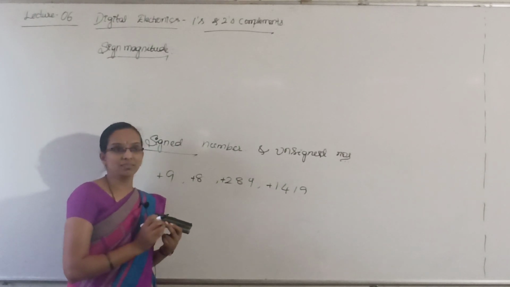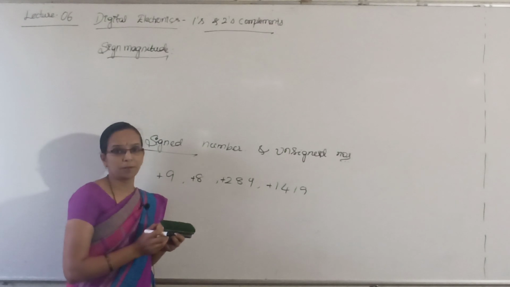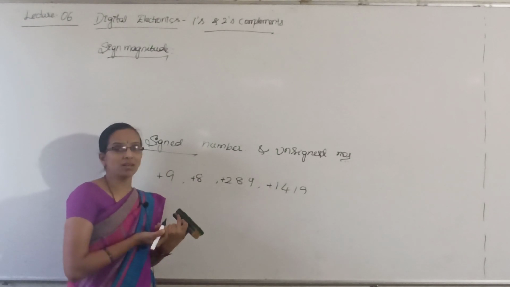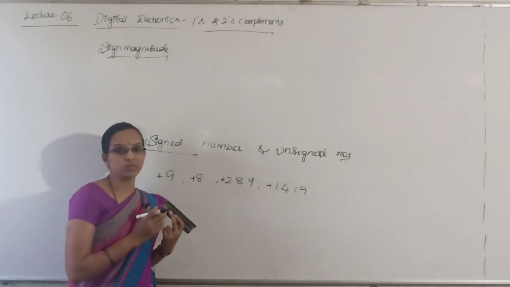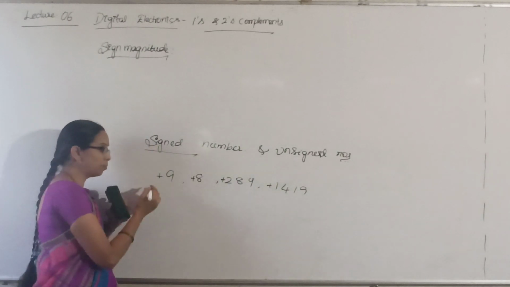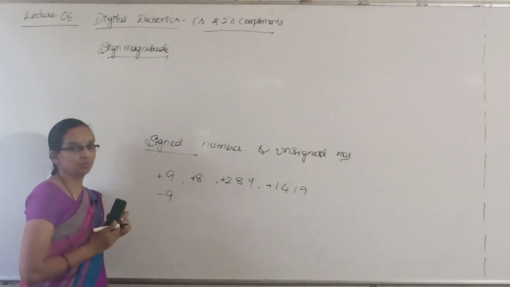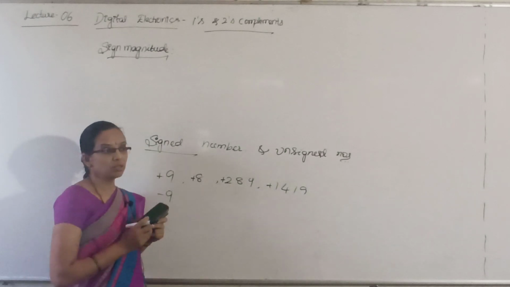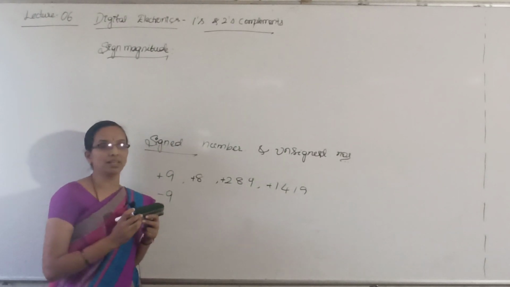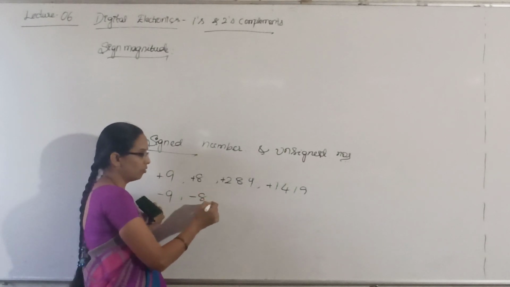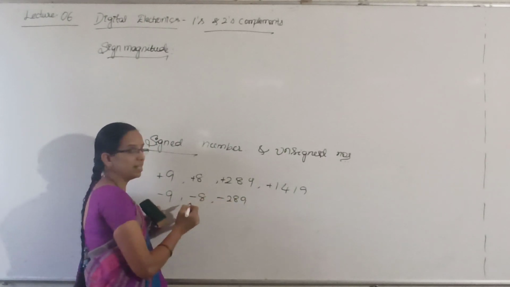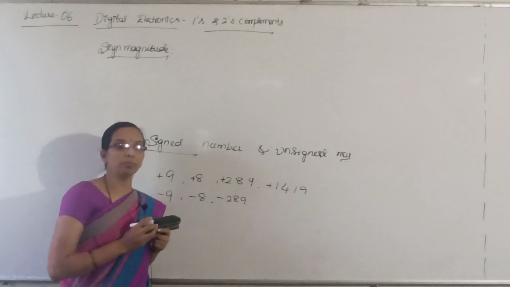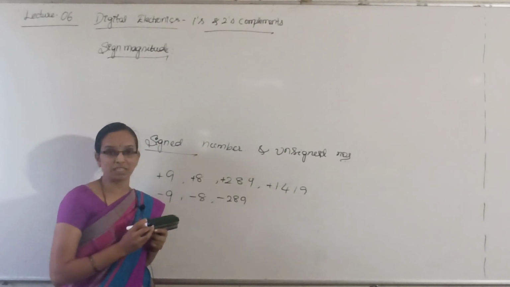If it is not written, those are called unsigned numbers. Unsigned numbers in the sense there is no sign in front of the number. Those are all referred to as positive integers or positive numbers. Whereas if you want to represent -9, you have to put minus, because you should not get confused between -9 and +9. So always while writing negative integers, we have a practice of writing a minus sign in front of the number, right? That is our usual practice in decimal representation of numbers.